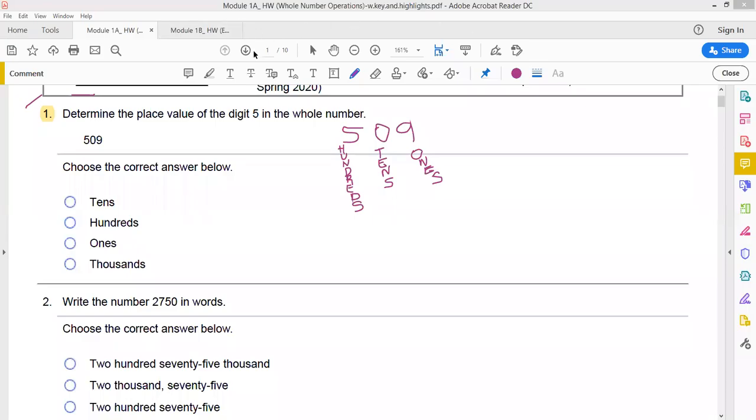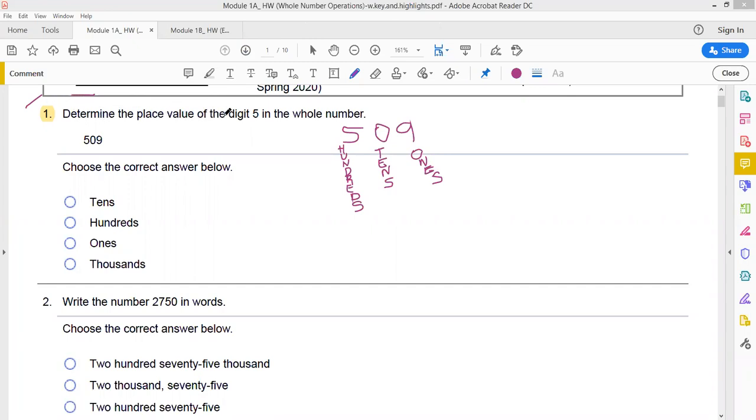Hello everyone. This is the notes for Module 1A homework. We're going to review the problems that are highlighted. This is for MAT0022. Again, this is Module 1A homework, and we'll begin with number 1, where you're asked to determine the place